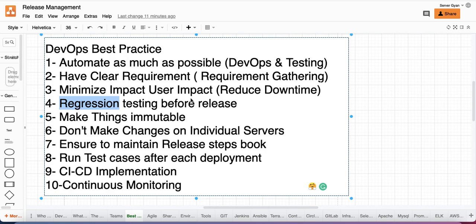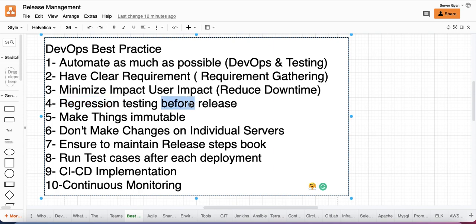Let us say we are going to release an application for maybe purchasing something. So the user should be able to log in, the user should be able to check out the components added into the cart, the user should be able to check out something, fine. Or if something is added into the cart, the user should be able to remove that particular product from the cart, right?